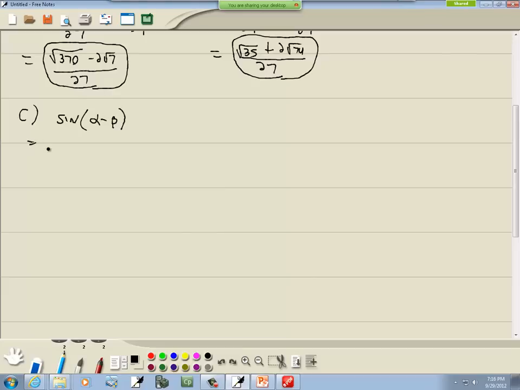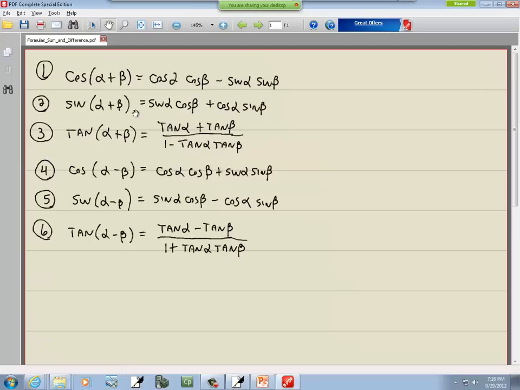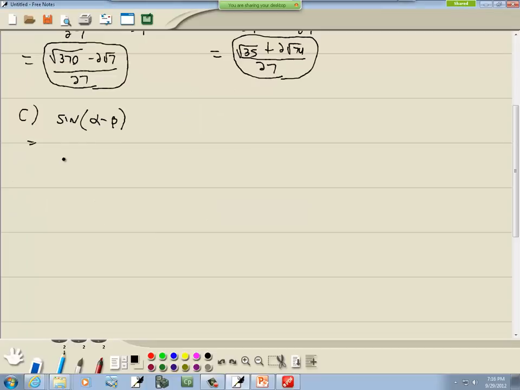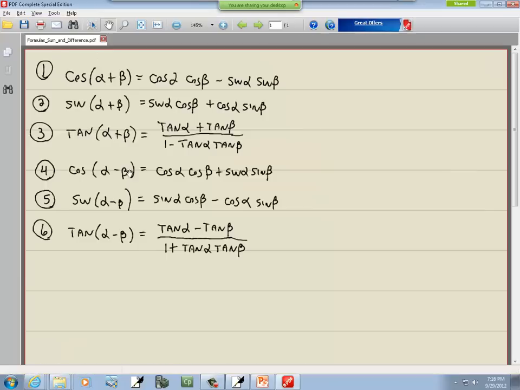C, we got sine alpha minus beta. Okay, so let's go look that formula up. Sine alpha minus beta is sine alpha cosine beta minus cosine alpha